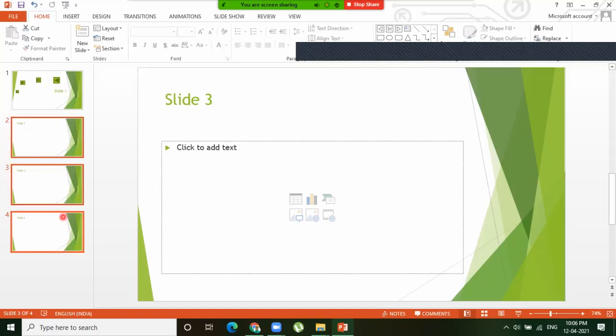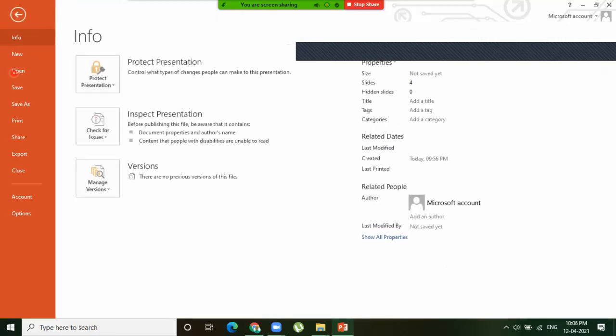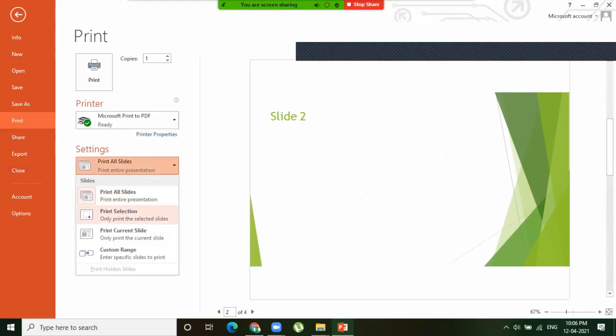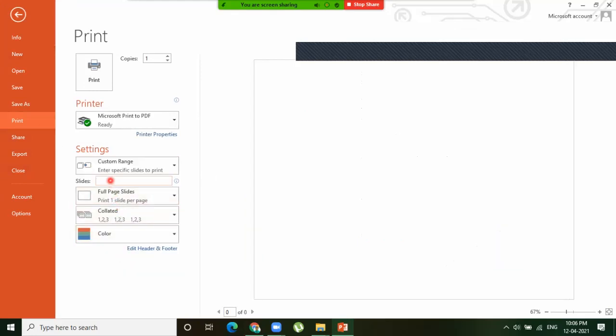These three slides, if you want to take printout, you can select by holding the control key, and you can choose only those selected slides to print. You can see print selection, only the selected slides are going to be printed. So custom range in the sense from which slide to which slide you want to take.